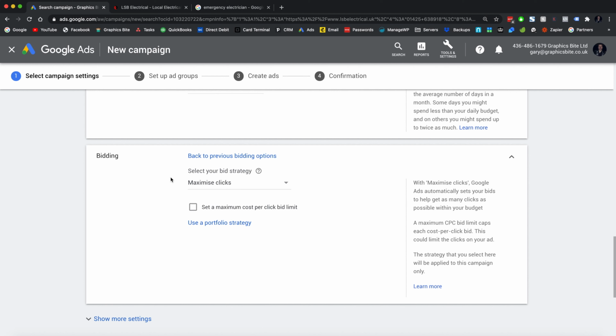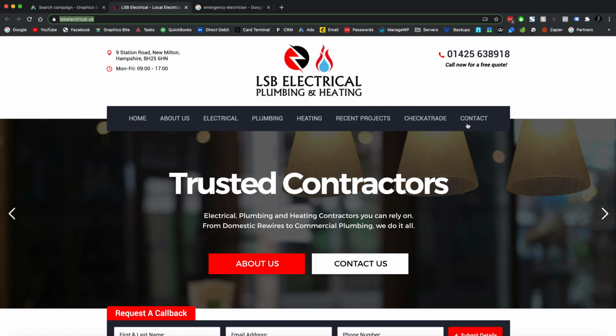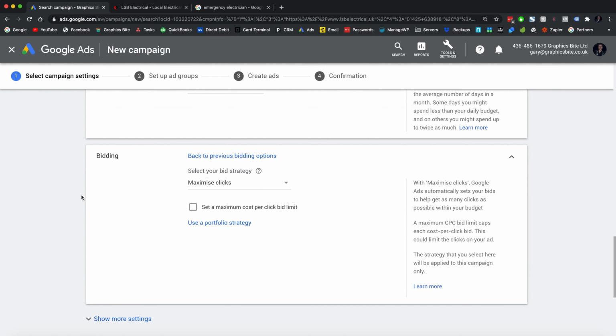And then what we can do later on, once you've got tracked conversions, and Google will then know how much it's cost you for a click. For example, if we set up conversion tracking on the website for when someone's filled out the contact form, what will happen is over time, once for the first few weeks to a month we've spent money, we'll then know, right, the keyword for emergency electricians Bournemouth has cost, say on average £5 a click. If we know that the client has had to spend £15, so 3 clicks, for example, to get a conversion,